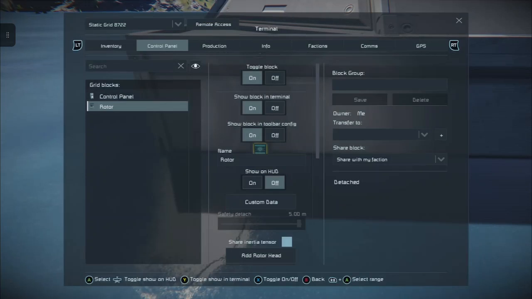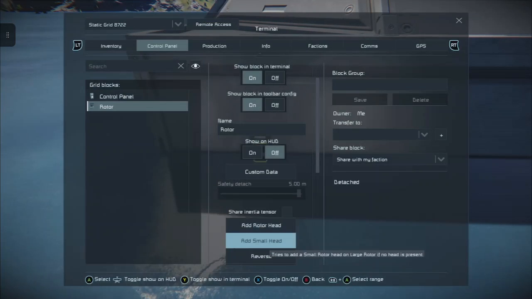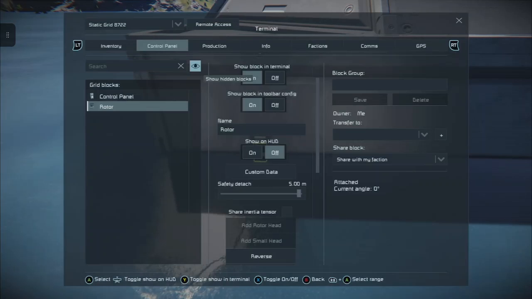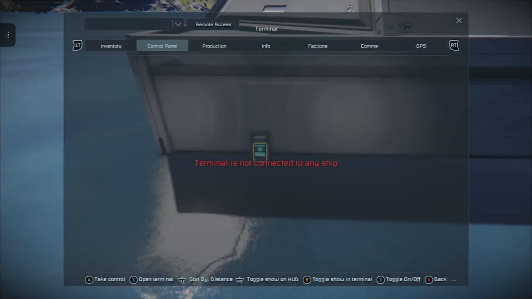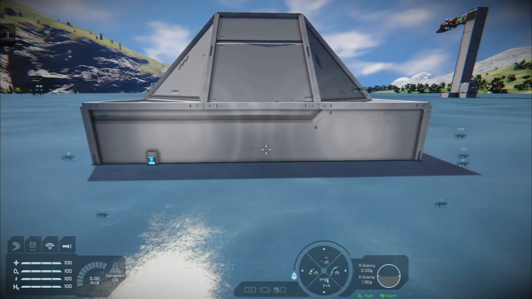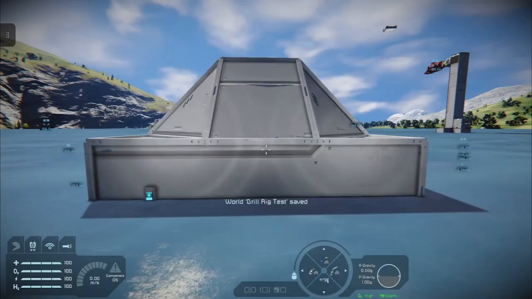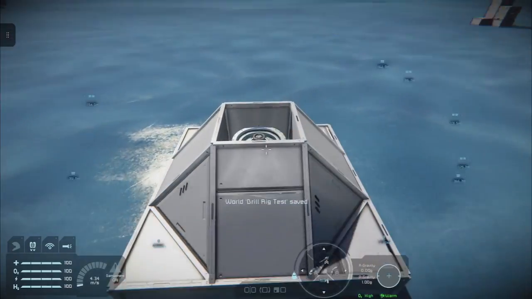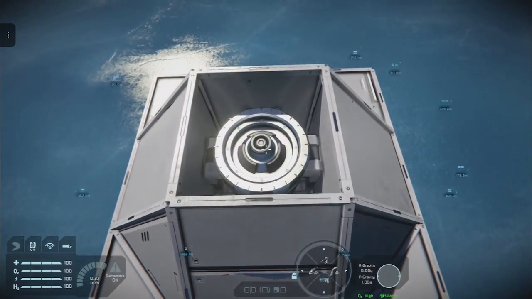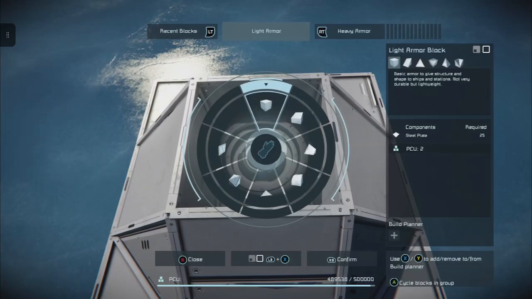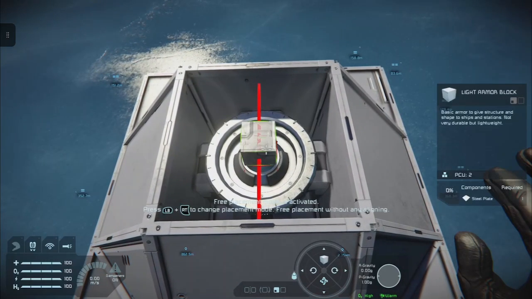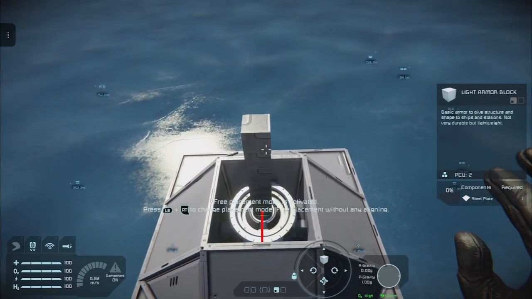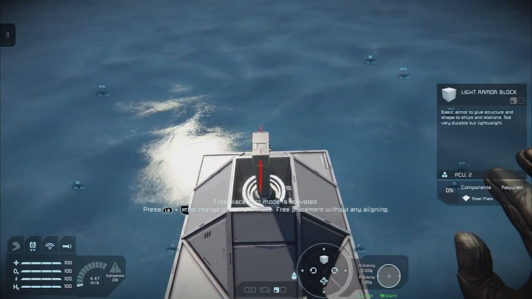Go to the rotor, add the small head, and then pop your rotor lock on so your grid doesn't spin around. And from the small head, we can put down some blocks. Make sure that the blocks you put down, like so.